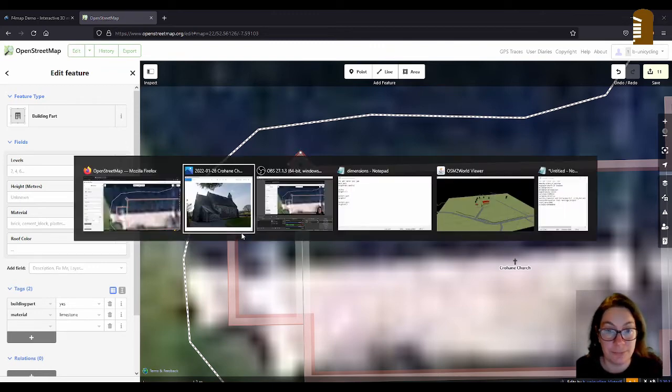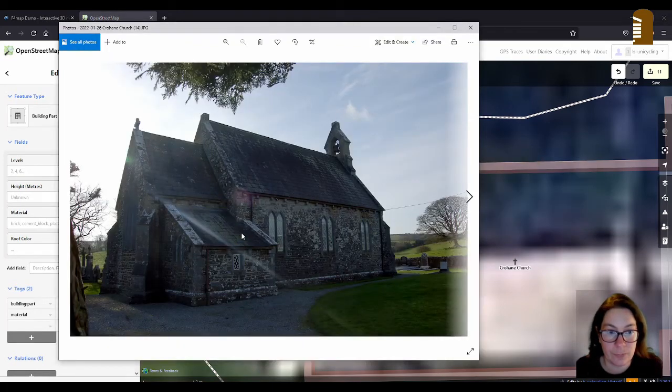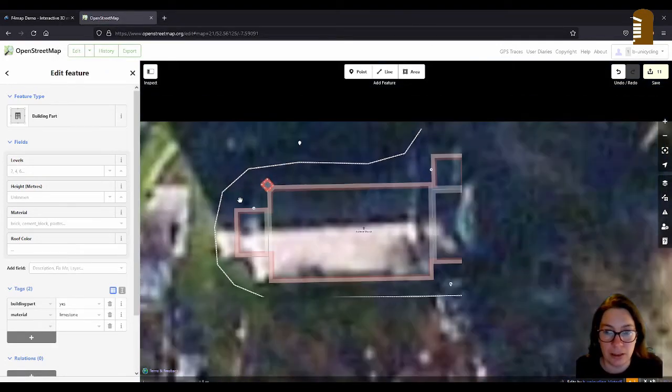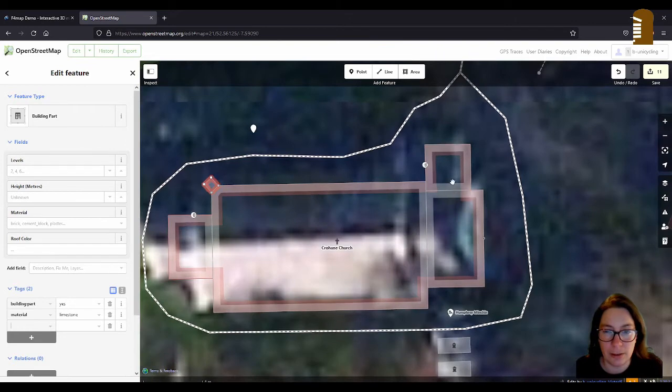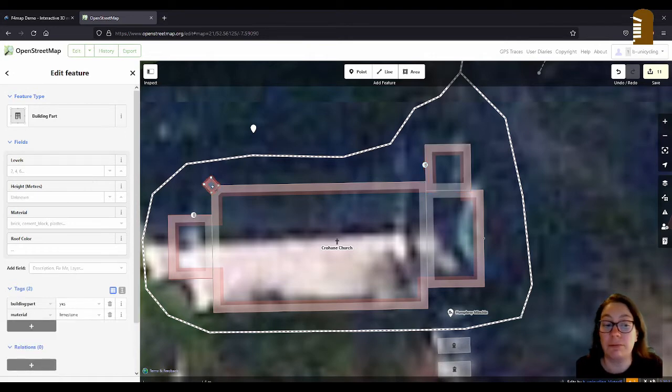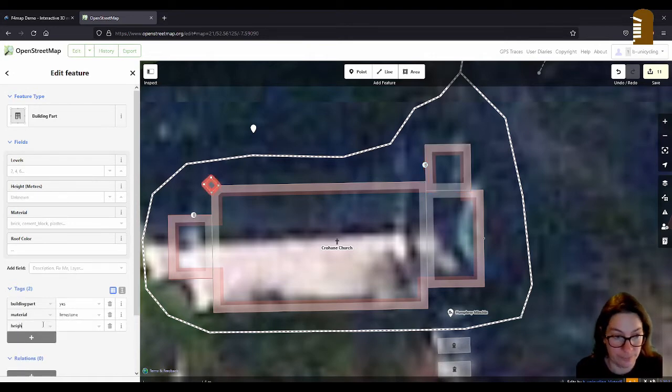And the height, I presume they all have the same height. The height is just a little bit below the height of this little annex here, which we had at 4.8. So we put this at 4.6. Doesn't want to be 4.6. And roof shape skillion.